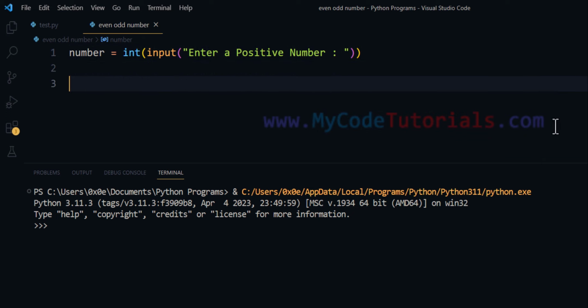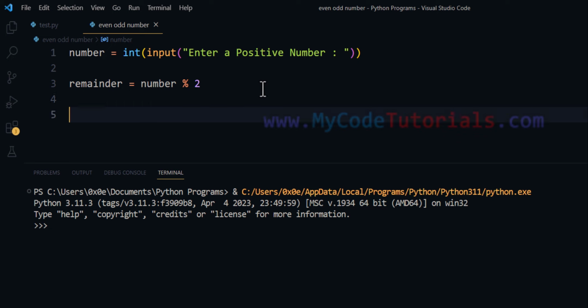We have to get the remainder value when we divide the value entered by the user by 2. So we will perform number modulus operator 2. This will provide us the remainder value and we will store that in a variable. Let's call it remainder. So now we can check the value present in this remainder variable